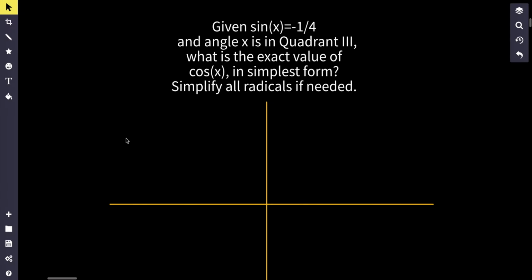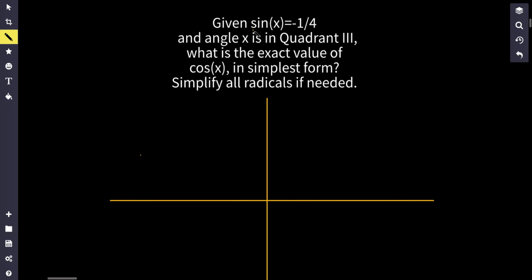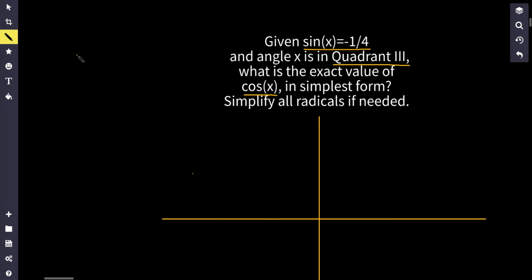Given sine of x is equal to -1/4 and angle x is in quadrant 3, what is the exact value of cosine of x in simplest form? Simplify all radicals if needed. Now, one thing you got to know about this problem, you got to know the Pythagorean trig identity, which states